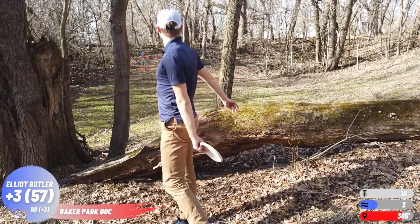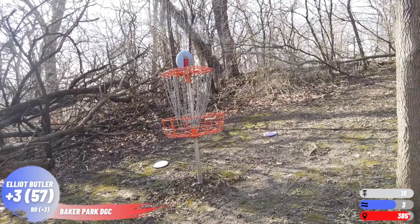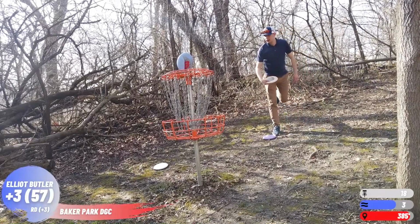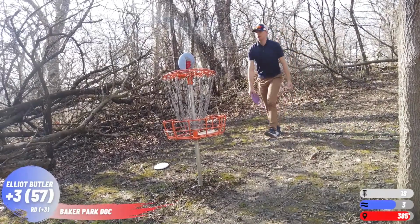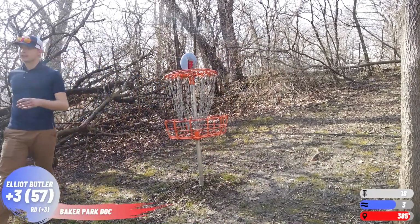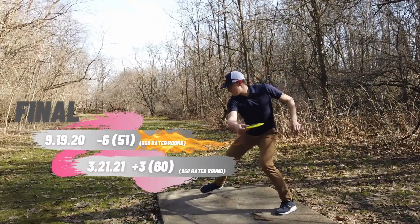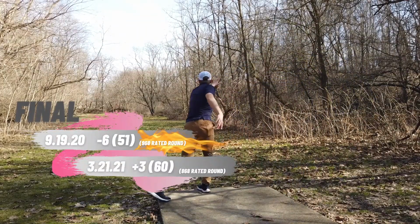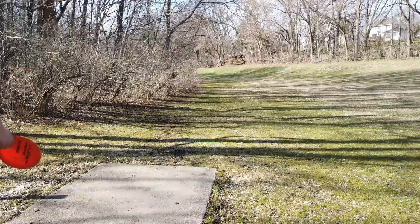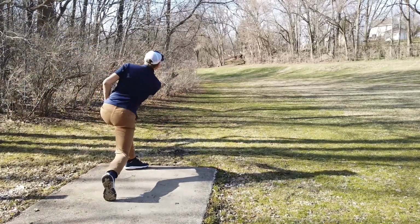that I have. So even though I played much below what my expectation is, I'm still happy that I feel like my sidearm's improving, my putting is coming along. I have new discs that I'm putting with. So despite my struggles, I can still see growth, and I think that's what we all need to focus on, is when we feel like we're struggling, focus on the things that you see are improvements in your game. So I definitely did not play as well as I wanted to, but definitely go play Baker Park if you